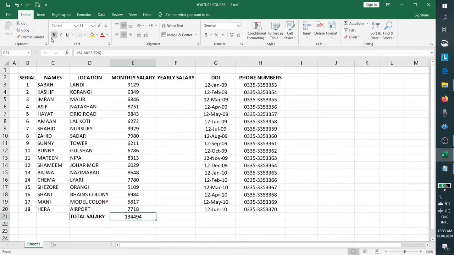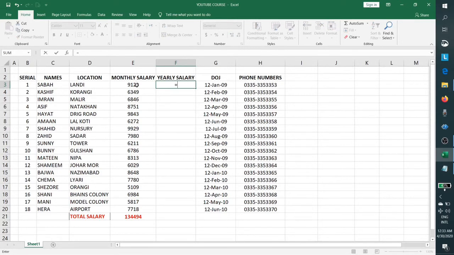Let's make it centered, bold, and let's change the color so that you can identify it. Okay, now we are going to multiply monthly salary to get yearly salary. There are 12 months, so let us select this cell: E3 is equal to E3 multiplied by 12.